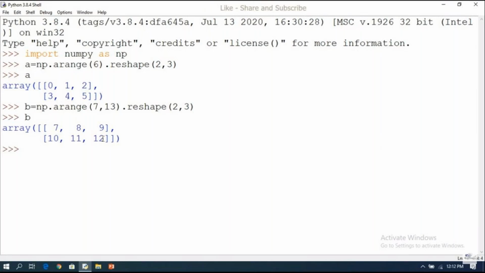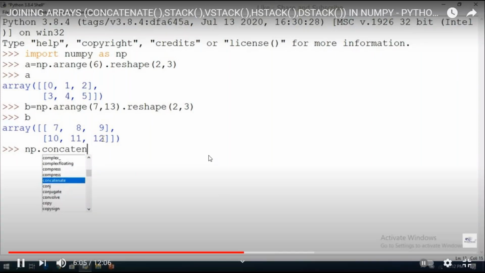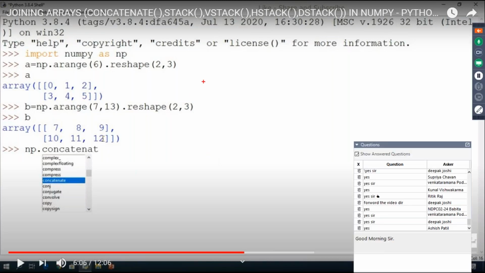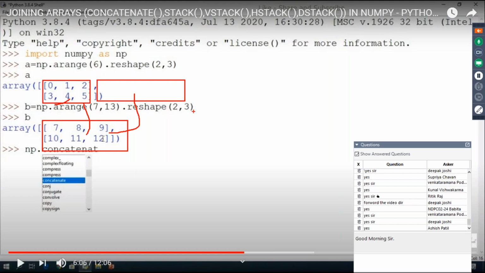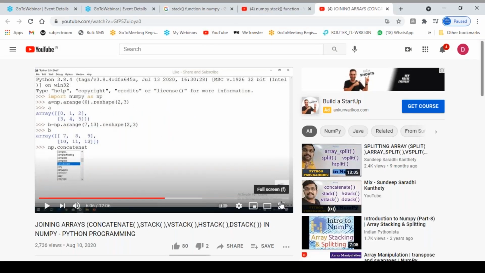So now we'll try to concatenate these two arrays, A and B. For joining the arrays, we are going to use concatenate. If I concatenate according to axis 0, except for the concatenation axis, the remaining shapes must be the same. Correct, right? Axis 0 means row by row. For the same 2D array, these rows will be added. If you want to concatenate column-wise, then the columns will be added. Concatenation is very easy, I hope.